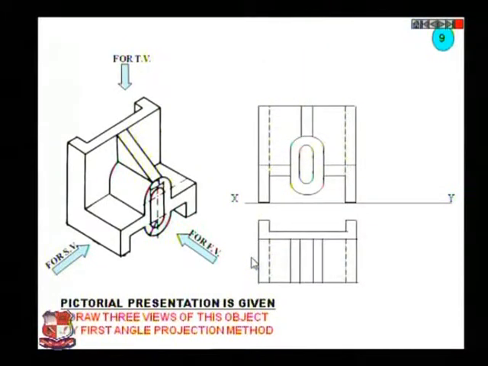About the top view, this is the top view of this object. If you look from the top, you can see here this portion is visible as C, as seen over here, this one, and these edges, one edge is here, one edge is here, which is again not visible in the top view, hence it is represented by the dotted line from this end to this end and this end to this end.